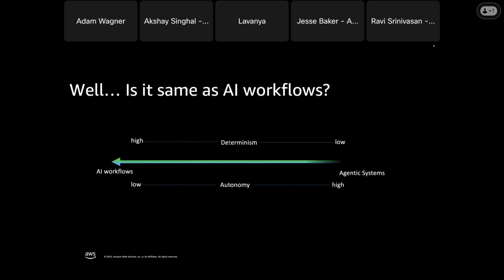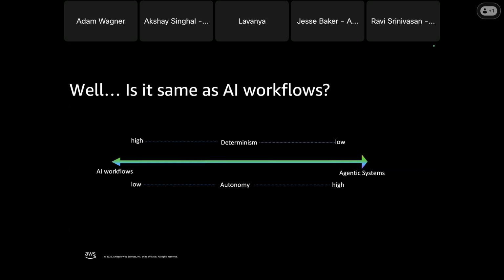And so agentic systems in general are highly autonomous and they're not deterministic. In general, there's low determinism. So even with the same input, you might give an agentic system the same input, and one time it might make two tool calls to answer that question. Another time it might make four.